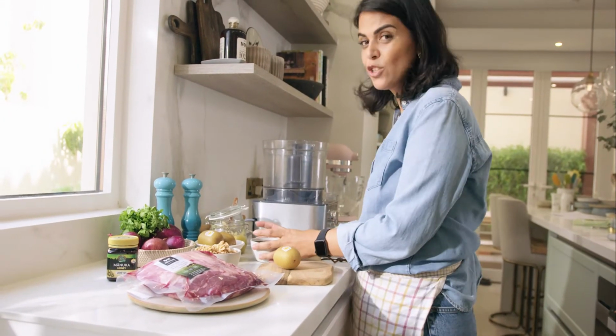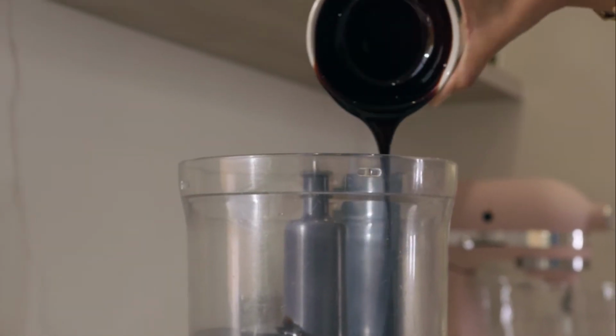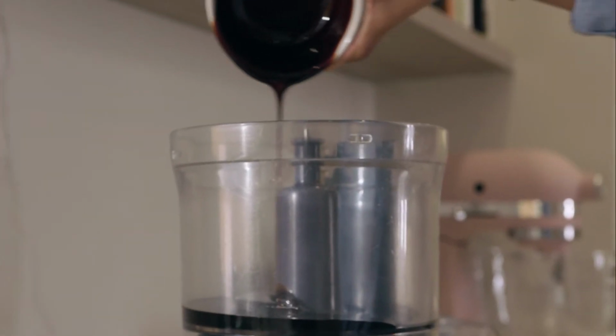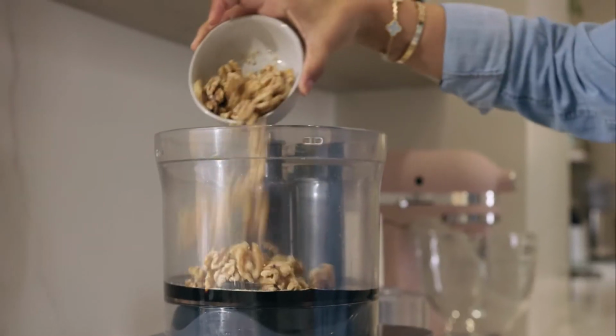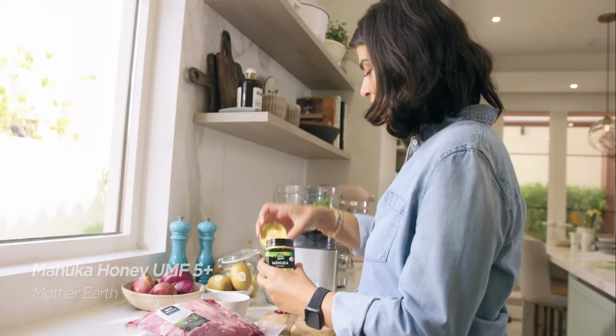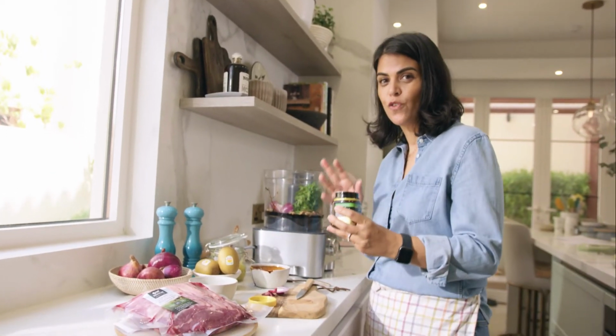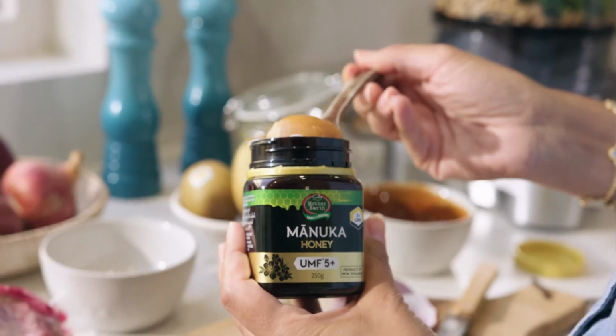The marinade that I'm going to be using for my ribeye is called a torch marinade, which translates to sour. And that's because the pomegranate molasses has a very sour, distinct flavor. And it's a very common ingredient used in the Persian kitchen. And to it, I'll add some walnuts, a bunch of parsley. I'm going to add some Mother Earth Manuka honey. Now, Manuka honey is commonly known for its general health benefits, but it also adds a beautiful, distinct flavor to